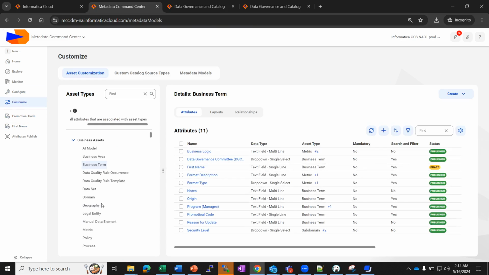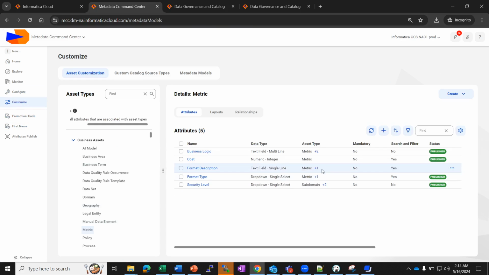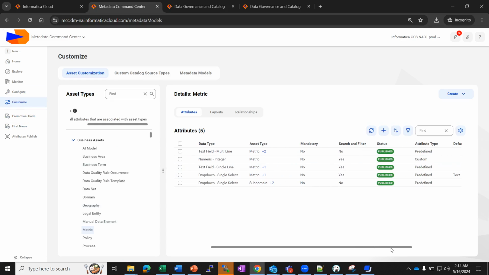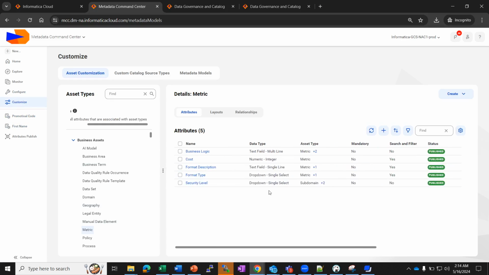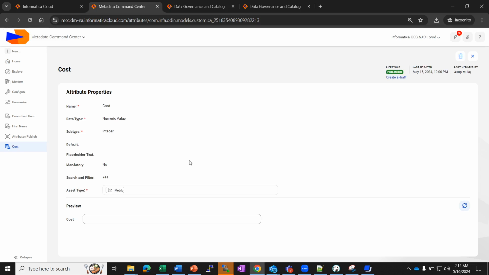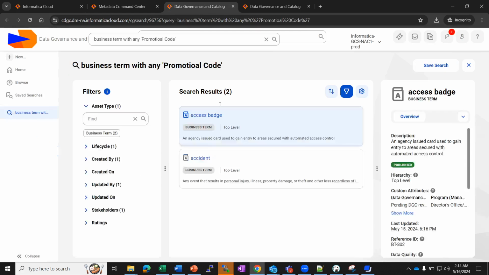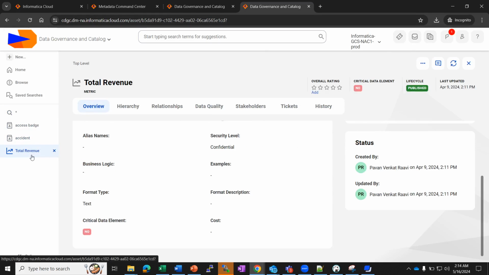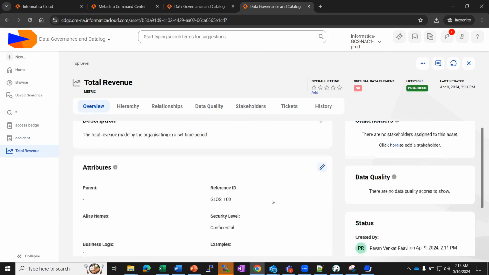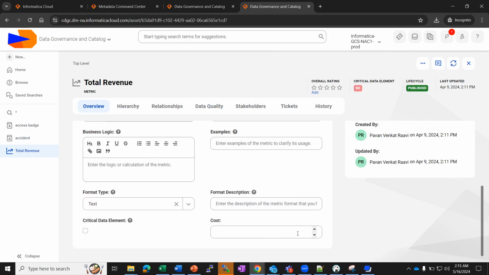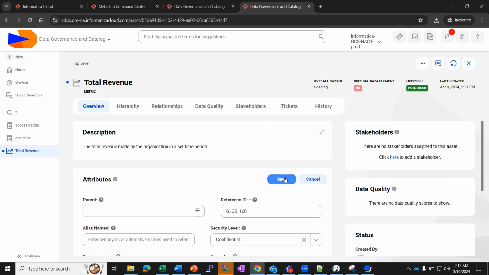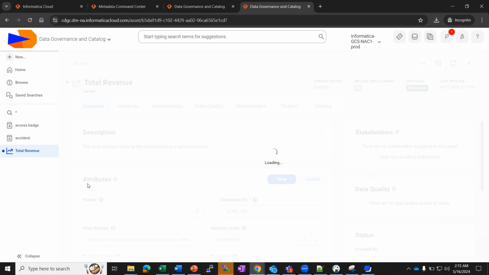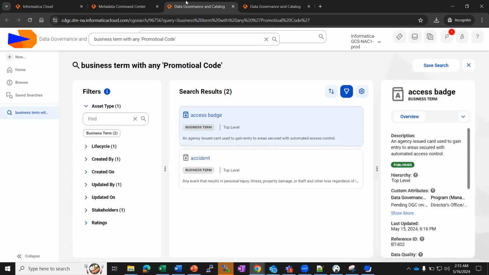Let's take a look in matrix. In matrix, there are some predefined attributes, and one attribute that I created is this cost attribute. This is of type integer. For the cost attribute, we can provide an integer value, which we can increase and decrease. So we can set these values. Then another thing in the business term,